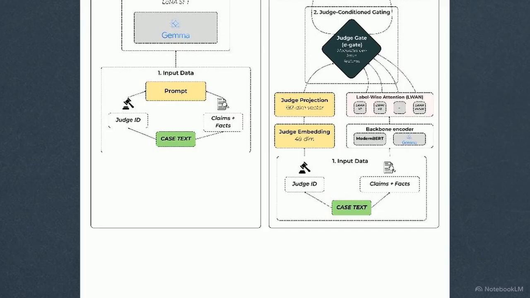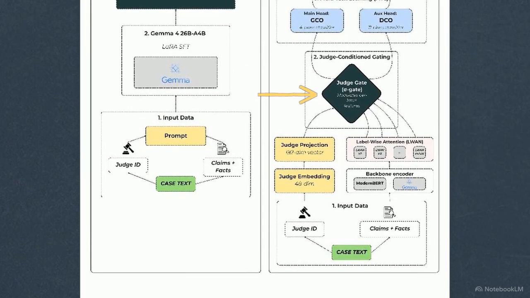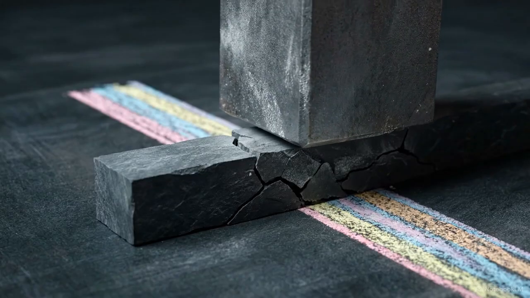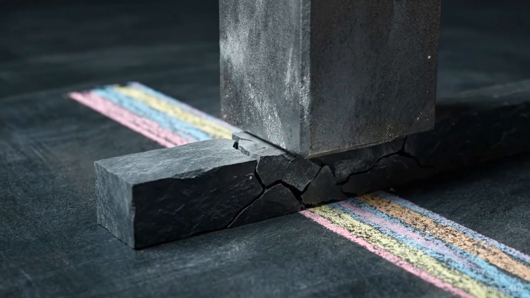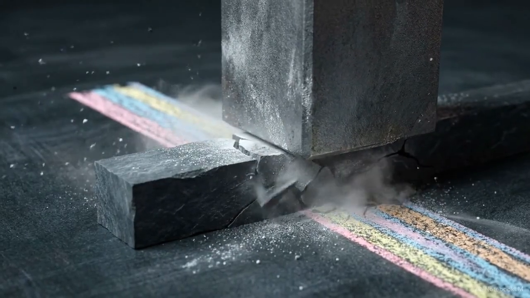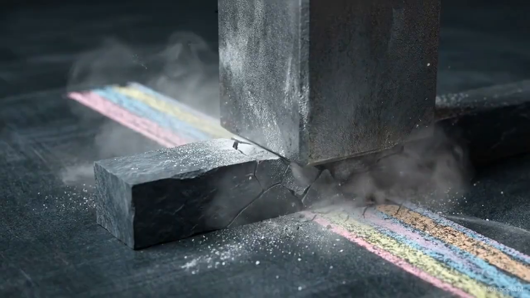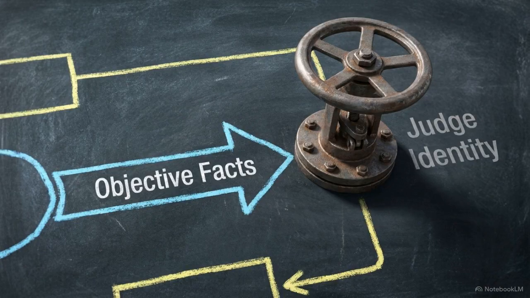The authors built a judge-aware gated fusion mechanism. The system projects the judge's ID into an embedding, mapping historical behavior. Inside the gate, an equation processes text and judge features, opening wide to consult the judge's embedding during procedurally ambiguous terminations. Conversely, if the case facts mandate a strict merit-based outcome, the gate shuts towards zero, suppressing the judge's signal entirely. This mathematical valve allows the network to selectively encode human behavioral variance, without letting it override the objective facts